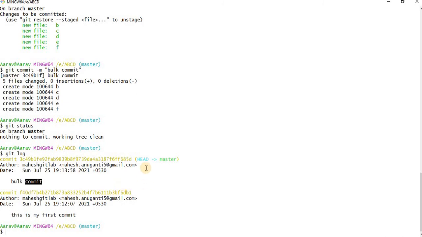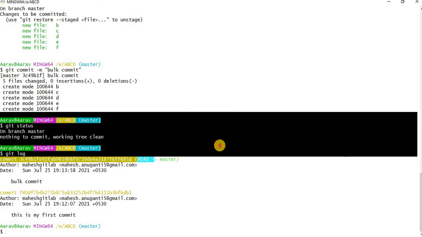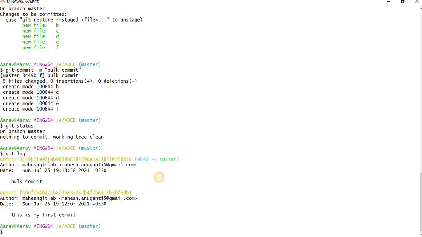One more thing you can see here is HEAD. And one more, you are looking at master. Master is nothing but the branch, so we will discuss branches at some later time. As of now, just look at this part, HEAD. What is meant by HEAD? HEAD is the latest commit in git. So whenever you want to fetch the code using other tools, it will fetch from HEAD only.